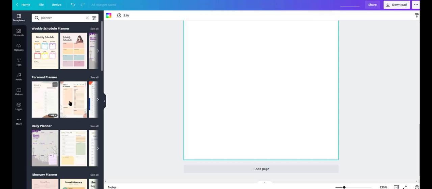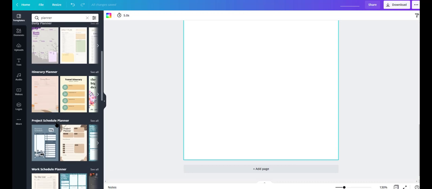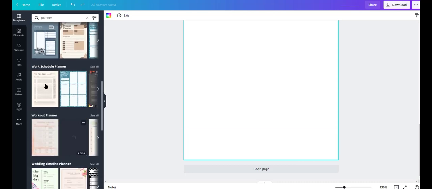There are so many different options here. This one already has several of them that are styled the same. You can change those. You have itineraries, project schedules, and you can use any of these to create a new